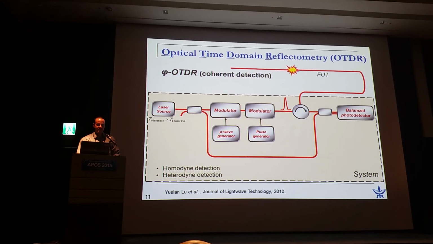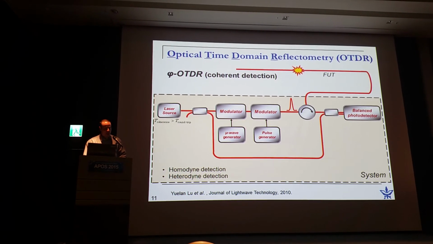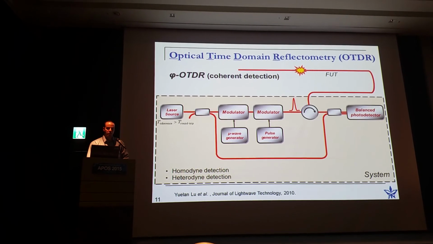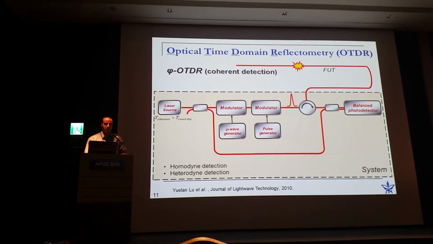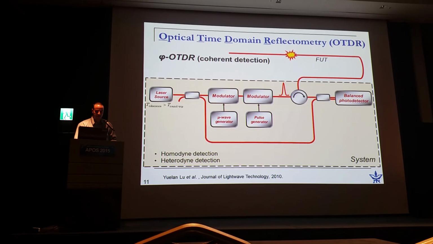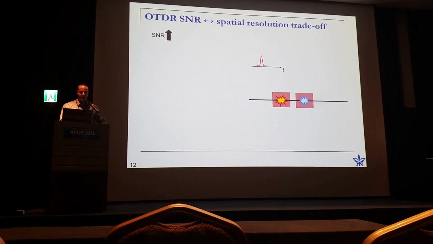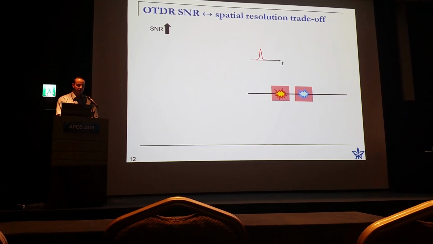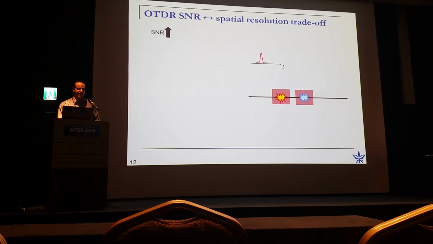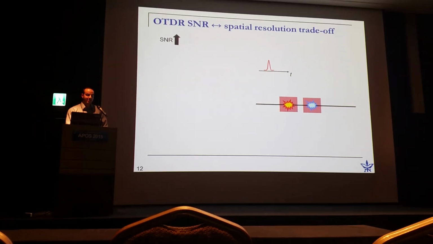But all these systems basically measure the change in scattered amplitude, and they cannot learn anything about the strain, but only about the perturbation. All OTDR systems have a principal trade-off between the signal-to-noise ratio and the spatial resolution. So if we are interested in increasing